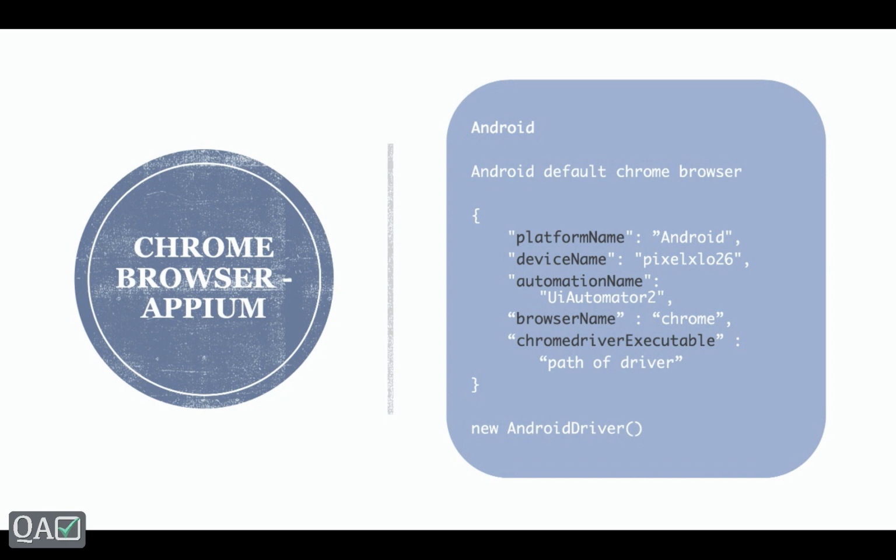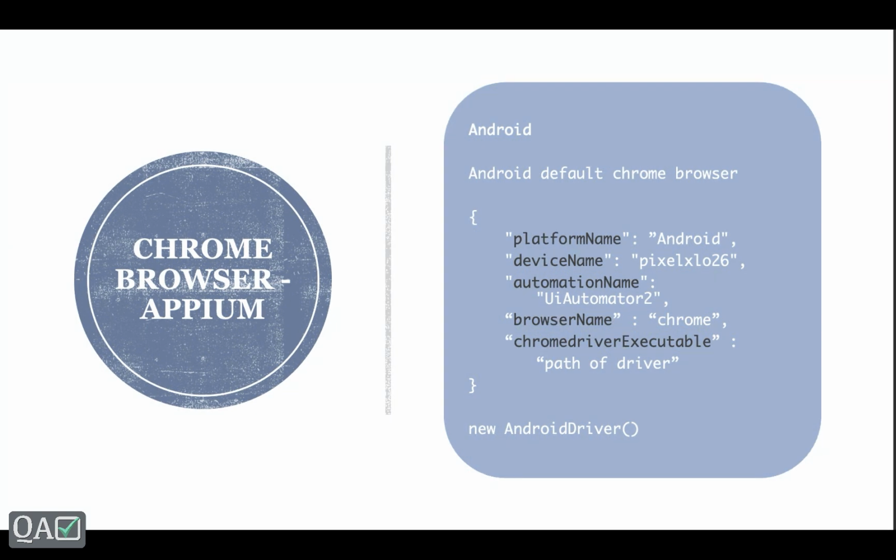Okay, so as we know, for the mobile applications that we have learned about in the previous sessions, we need a few of the APM capabilities to identify the particular application that we are going to test. The same logic applies to the mobile browser also, because a mobile browser is in turn a specific application, right, in your simulator or in a real device. But the capabilities differ in a way. So let's see a few of the capabilities that are required for the browsers.